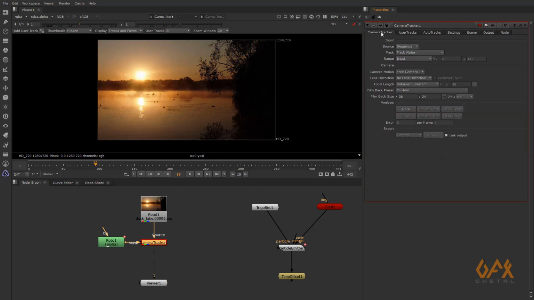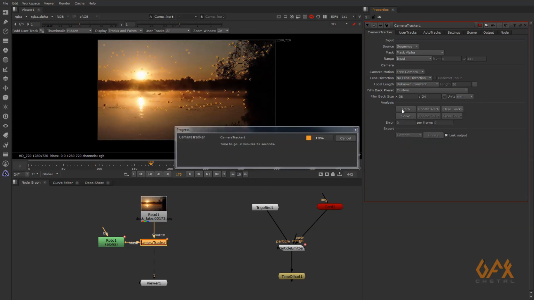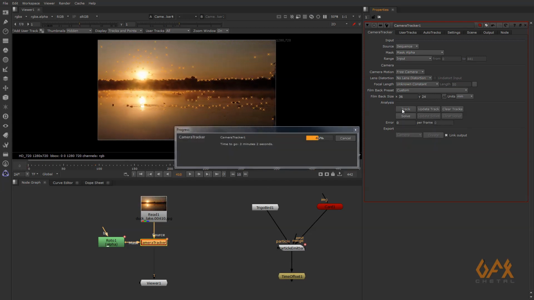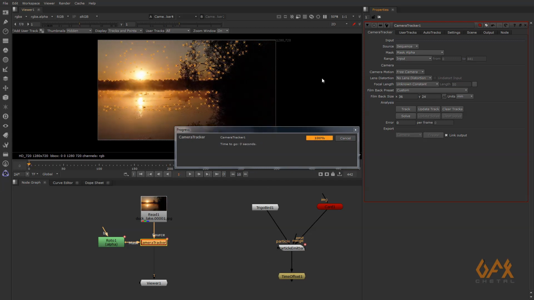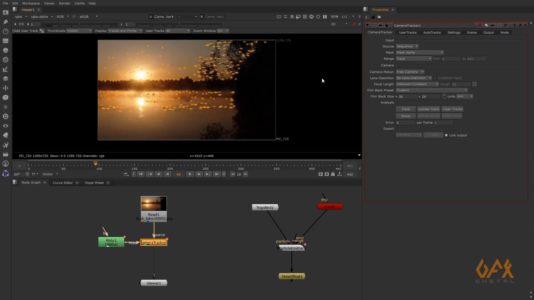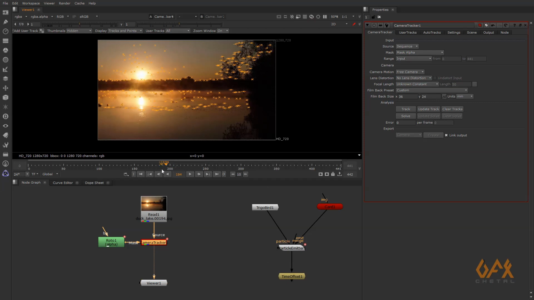I go to camera tracker again and I just track this footage. Okay, so my tracking is done. Now I just need to click on solve.